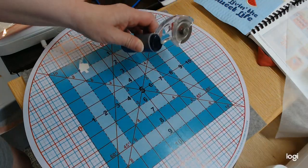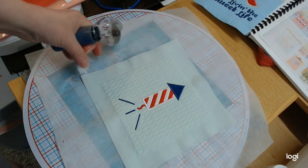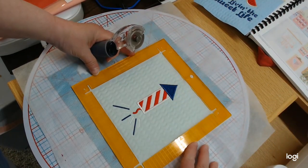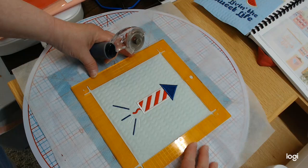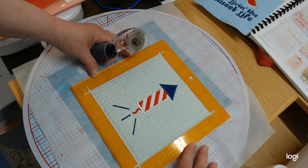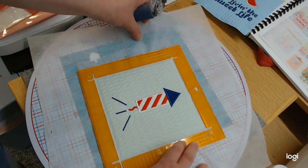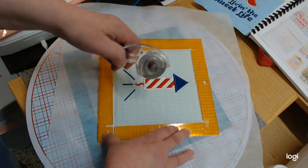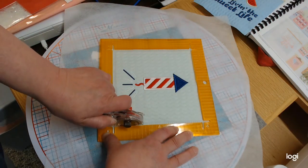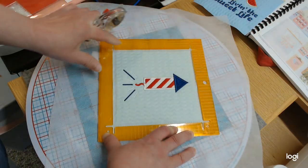Here's the rocket. So we'll do the rocket. It's going to be the same. So we're going to get this lined up with that little basting line that's there around the outside edge. Kind of get it centered the best we can. Looks pretty good. And then again, I'm going to turn this. Now I am left-handed, so I am using my left hand to cut. So I'm going to go in and push down and pull back to the corner, because that actually seems